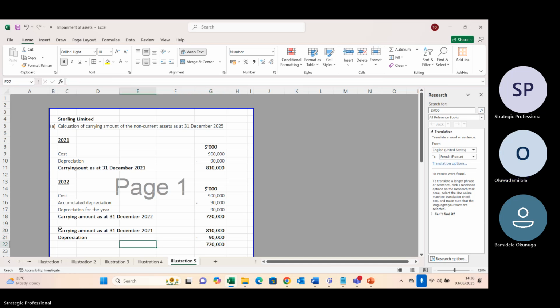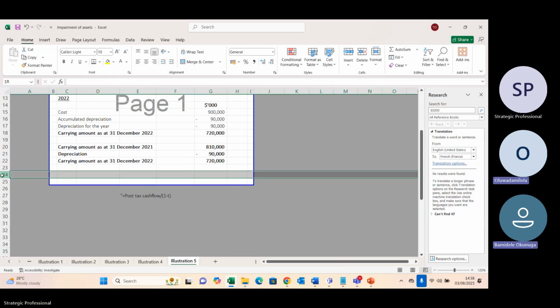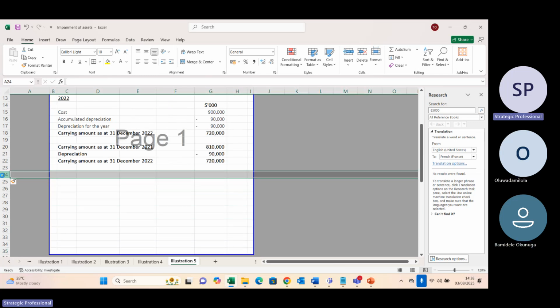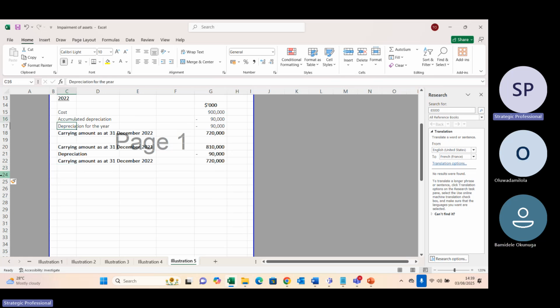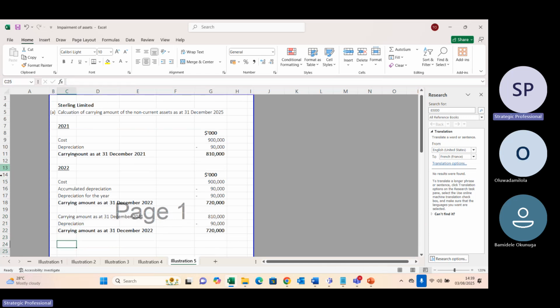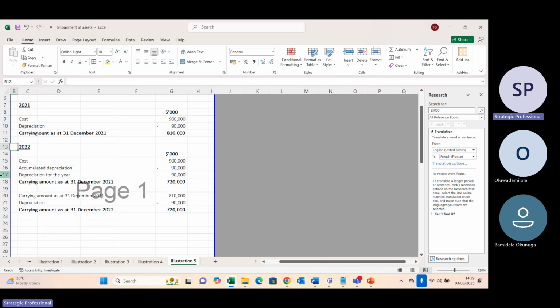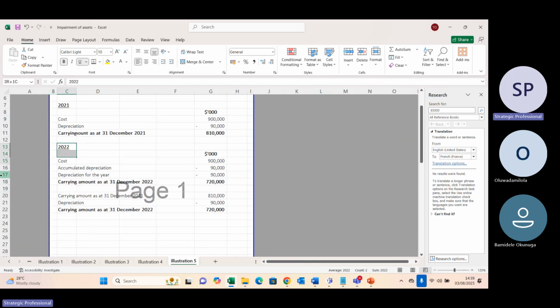Yes, sir. Can you show us the shortcuts? This one is too long. Okay, let's finish this one first. But which one do they accept in the exam? Any one is acceptable, at least for this level, because SBR is more advanced than FR. So the shortcut is even preferable, because you'll be doing group accounts, so you do not really have time to be doing long stuff. The examiner expects you to go straight to the point. Do you get? That's fine.